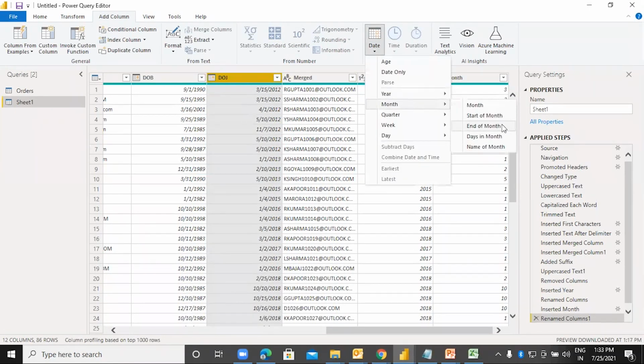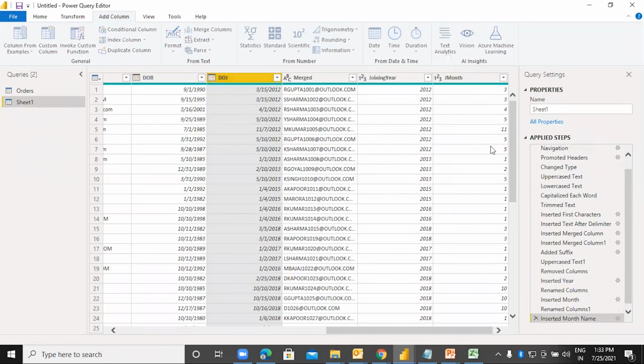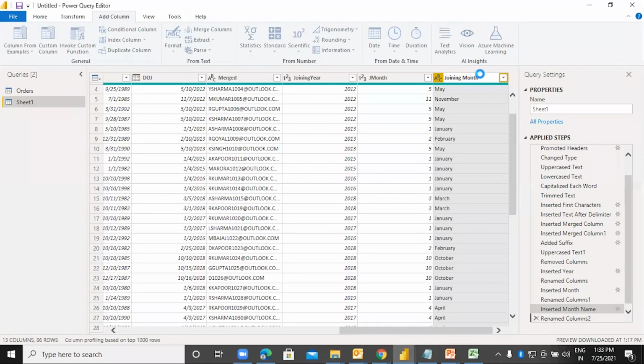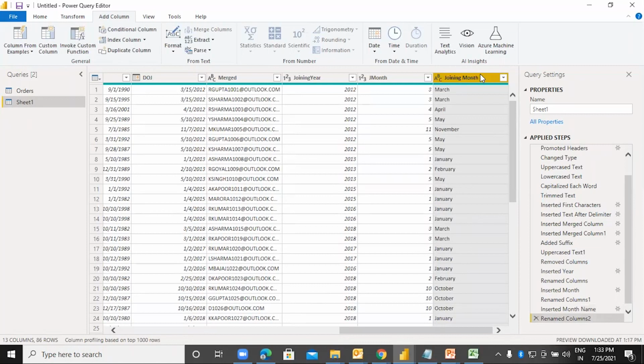Say month, start of the month, end of the month, that is the first and the last date of the month, days in the month, or the name of the month. Suppose I want name of the month. Now I will be getting January, February over here, and I will name it as joining month. I'm getting the joining month over here.